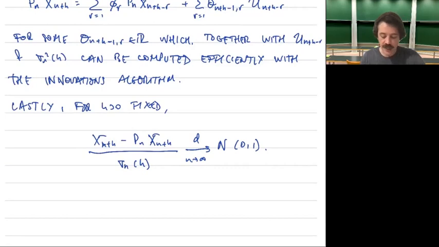And so with this, remember that the denominator can also be computed from the innovations algorithm. And so we have a way of constructing inferential procedures, say confidence intervals or tests arising from those confidence intervals, for instance. Okay, so that is the end of time series, and then on Monday we'll put into practice these concepts